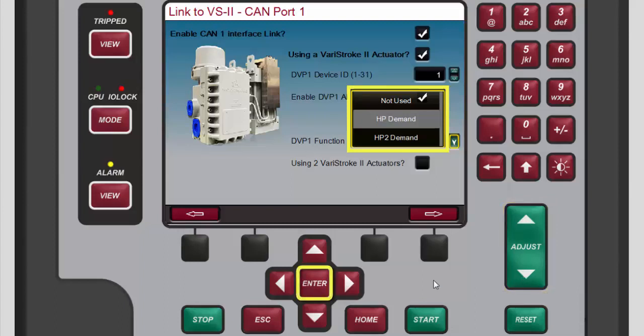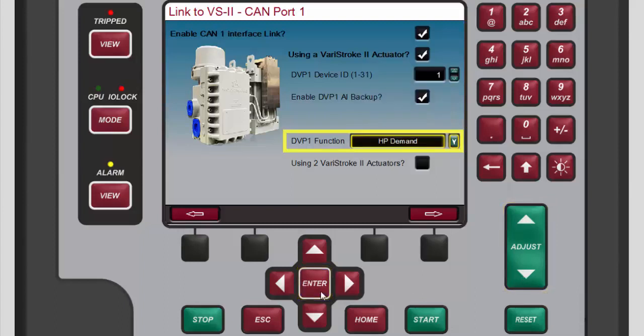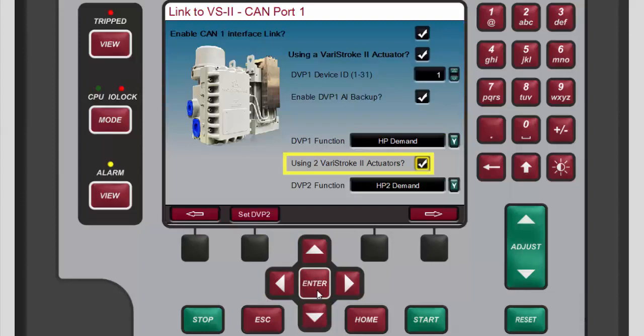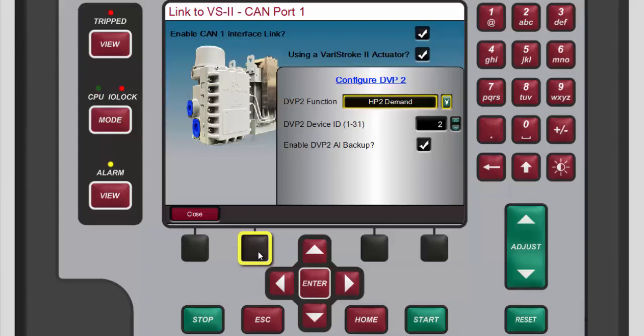Then press Enter to select the highlighted option. If you are using two Varistroke 2 actuators, add a check mark to the Using two Varistroke 2 actuators box. This will allow you to select the DVP2 function for the second valve. Additionally, you can now press the black function key below Set DVP2 to open the window necessary for configuring the